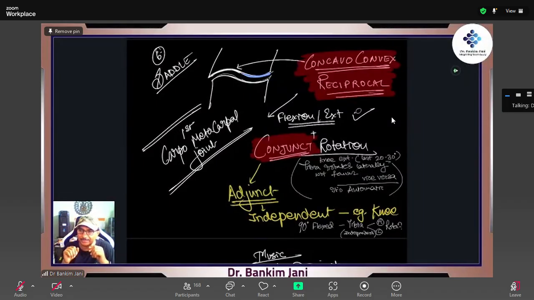You don't have to really tell, okay, now the flexion of the tibia is over, now the internal rotation will start or the external rotation would start. No, nothing. It is continuous flow. Right? When we talk about